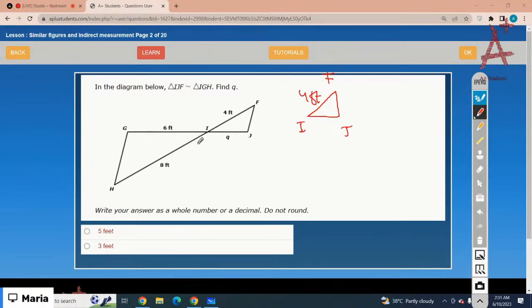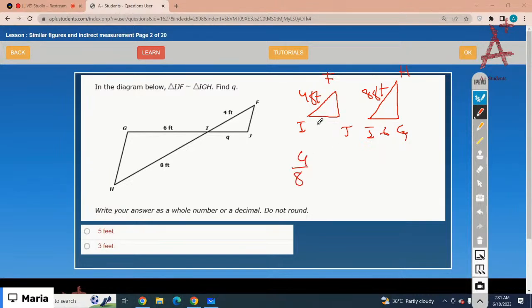Then IG and H. Got it? So I and G, that is 6, and H and I, that is 8. Okay, just form a proportion, it would be FI divided by HI, that would be 4 over